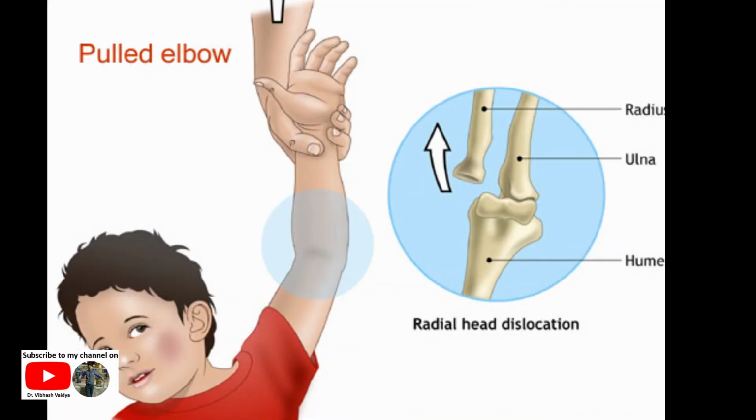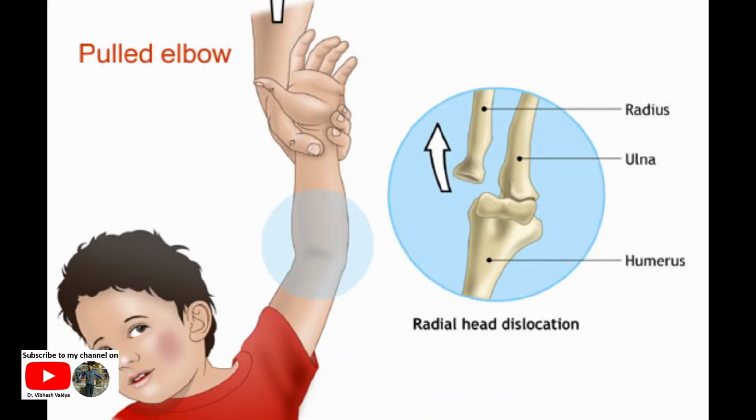A sudden powerful jerk on the hand of a child may dislodge the head of the radius from the grip of the annular ligament. This is known as subluxation of the head of the radius or pulled elbow. The head can normally be felt in the hollow behind the lateral epicondyle of the humerus. So today we covered the site determination, bony features, attachments and some clinical points of the radius.